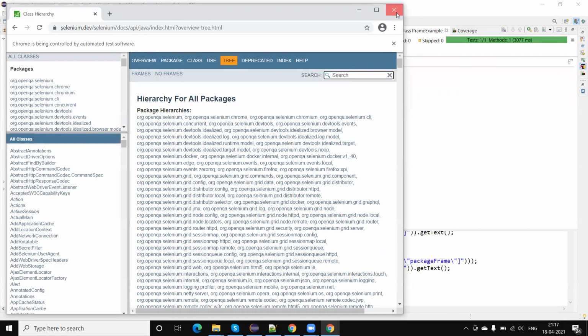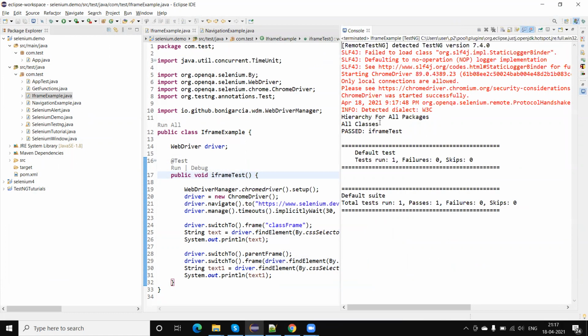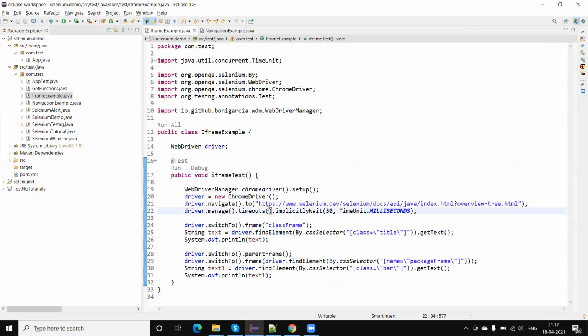Now you can see test is passed here, and we will get the output all classes also. So if we switch any frame, then after switch, if we try to find the element locators, WebDriver will search the locator in that particular frame.